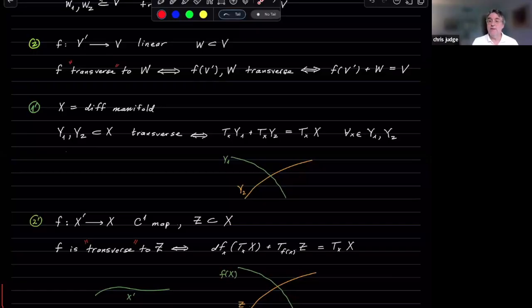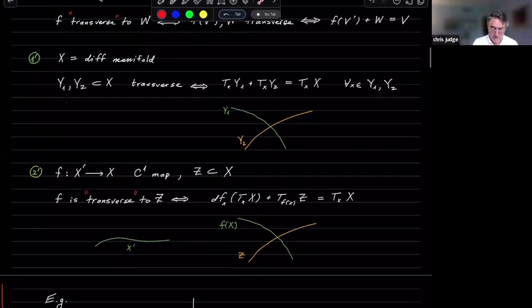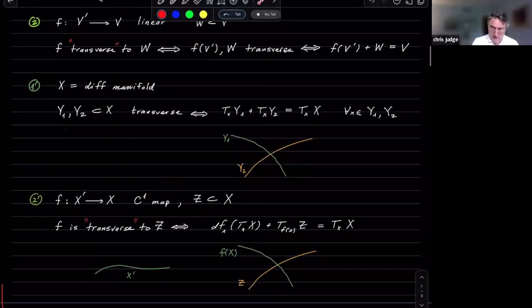Okay, any questions about the definitions? Okay, so this is a basic course in differential topology. Would of course cover this, but I'm not assuming much